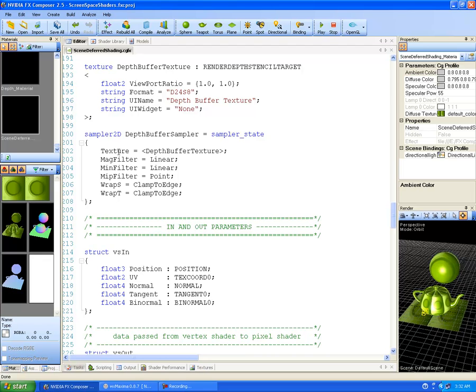here, open curly brace here, texture equals and less than sign here, def buffer texture, close greater than sign, close greater than sign, semicolon, mag filter equals linear, semicolon, min filter equals linear, semicolon, mip filter equals point, semicolon, wrap S equals clamp to edge, semicolon, wrap T equals clamp to edge, semicolon, close curly brace, semicolon, and then that finishes up